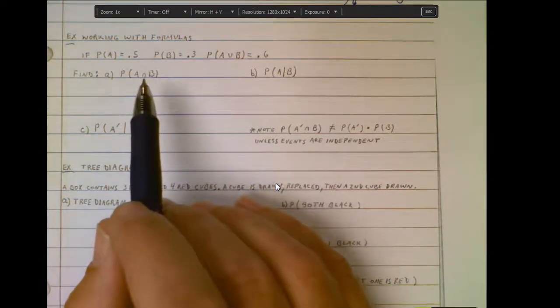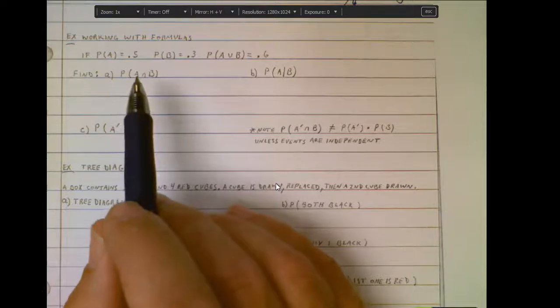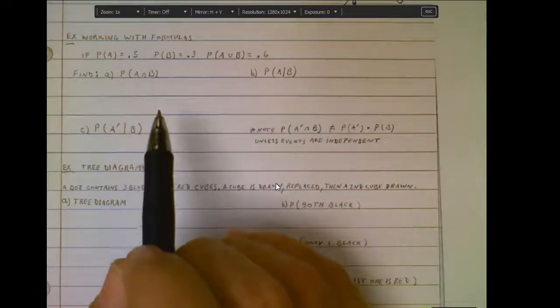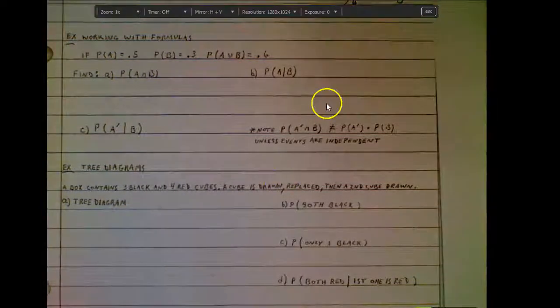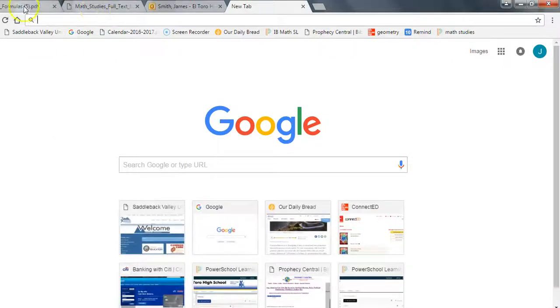Oftentimes the way the students want to do this is they want to just multiply. They want to say, oh, well, A and B, I simply can multiply A times B and get that answer. You can't always do that. I want to show you really quick the difference on when you can and can't do that. If you look at your formula packet for a minute,